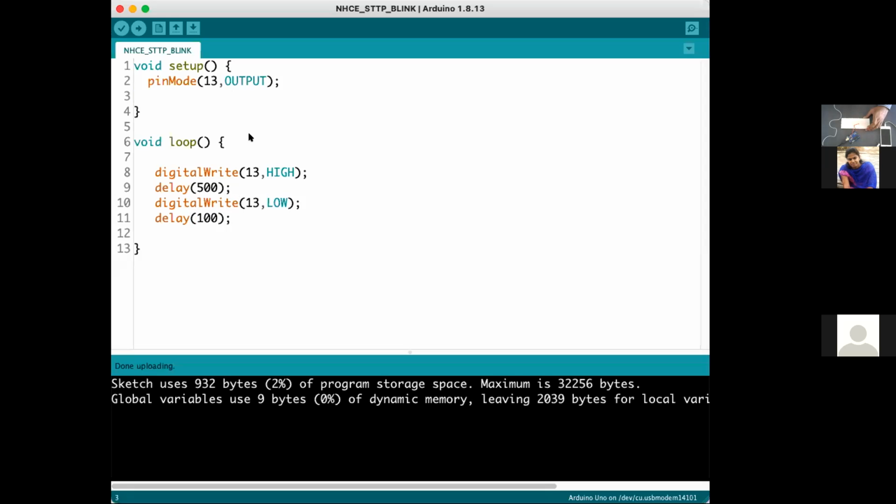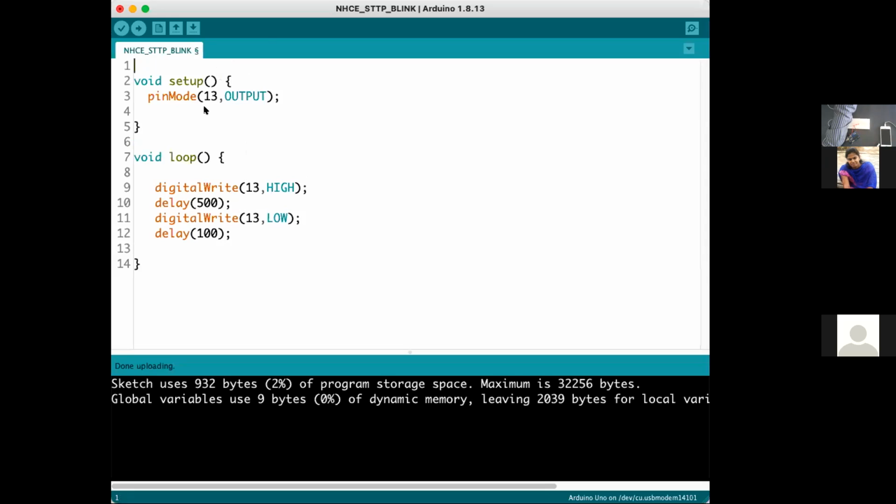Now the next one: I want to modify this program. I don't want to use 13 directly here. So what I'm doing here, I'm using red LED, or R_LED, or red LED simply.